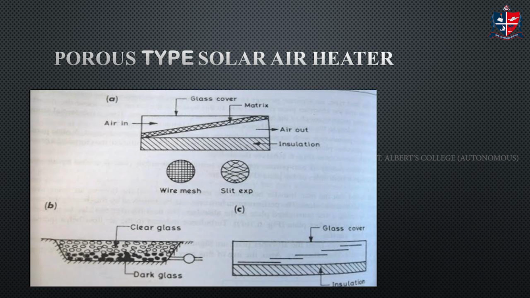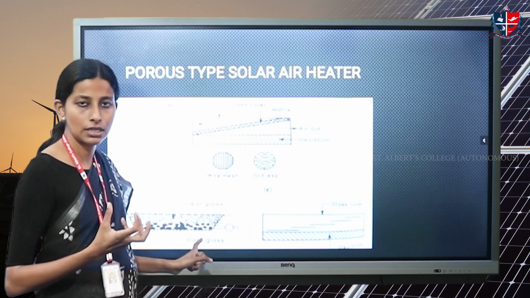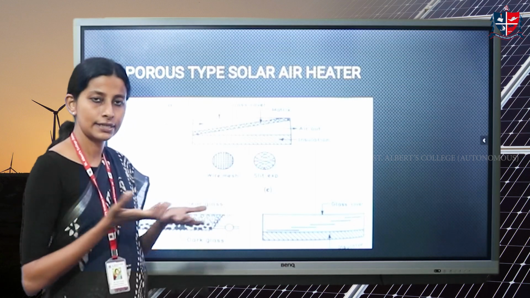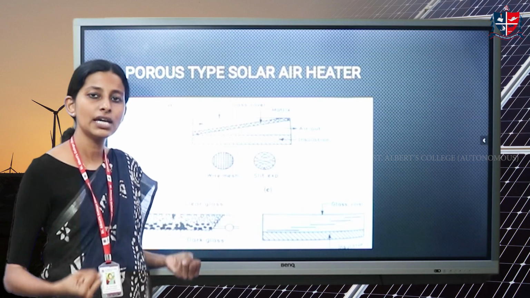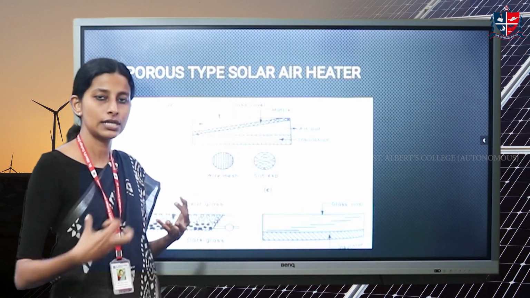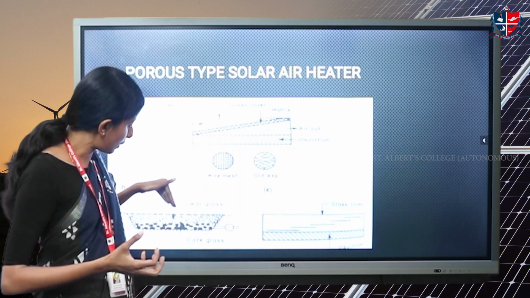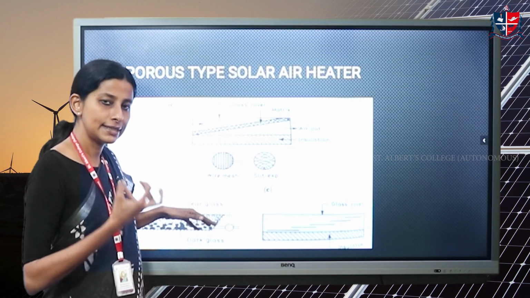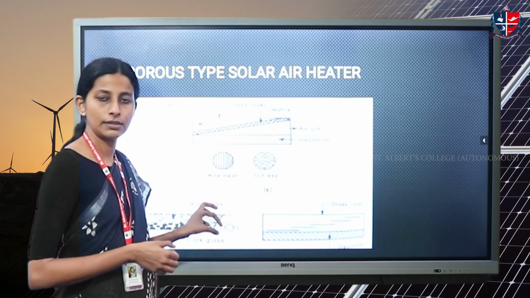Here we can see a combination of clear glasses which are kept at the top, and through these clear glasses the solar radiation falls, gets transmitted and then gets absorbed by the dark glasses. So the clear glasses will act as the glass cover. The set of dark glasses will act as the absorber. The dark glasses, which are continuously exposed to solar radiation, are heated. So the air which passes through here will naturally get the heat from these dark glasses and we take it out. Okay, so that is how the second type works.